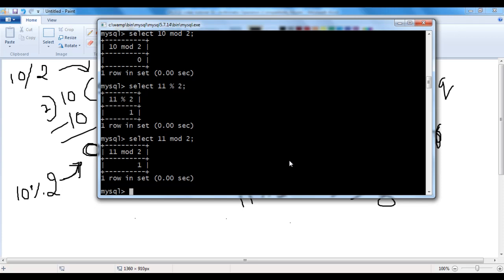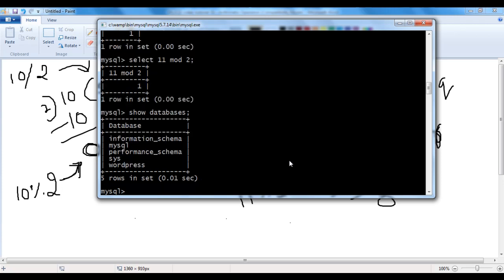Let's understand how we use arithmetic operators while working with databases, guys. I say here show databases semicolon. We know that the show databases command displays the list of databases currently available inside the MySQL server. I hit enter. You can see that it has displayed the list of databases. I want to create a database for City College.